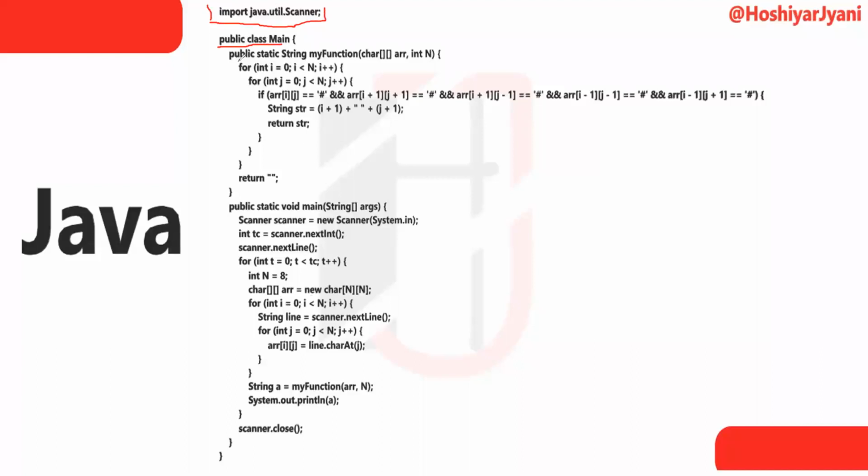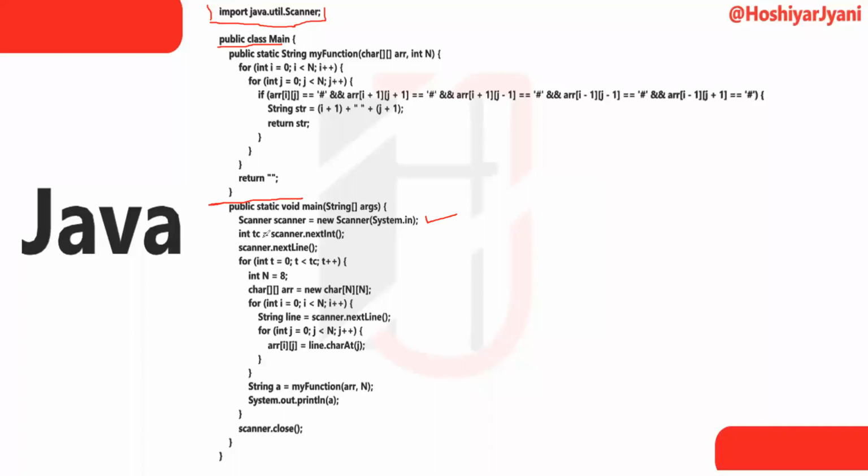After that, this is our main method, public static void main string args. This is where our method calling starts, guys. In this main method, we are creating a Scanner class object: Scanner scanner is equal to new Scanner(System.in). So our Scanner object is created for taking input.